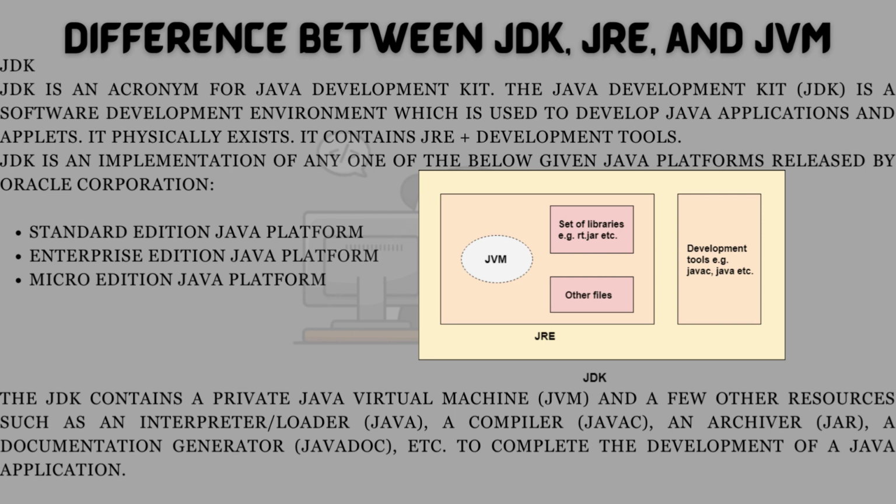The JDK contains a private Java Virtual Machine (JVM) and a few other resources such as an interpreter/loader (java), a compiler (javac), an archiver (jar), a documentation generator (javadoc), etc. To complete the development of a Java application,